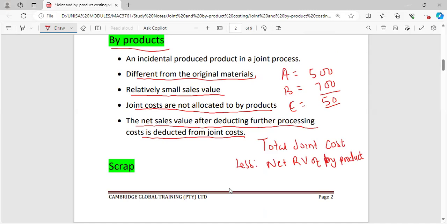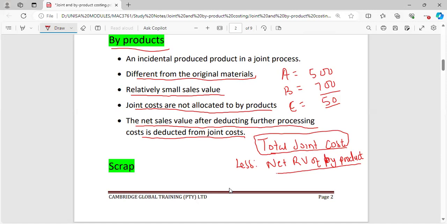Right. So I was saying, how do you treat joint costs to byproducts? Which means your sales value of the byproduct is going to reduce the joint cost. So when you are calculating the joint cost to be allocated to joint products, it means you need to have a total cost of the joint cost. When you have a byproduct, the net realizable value